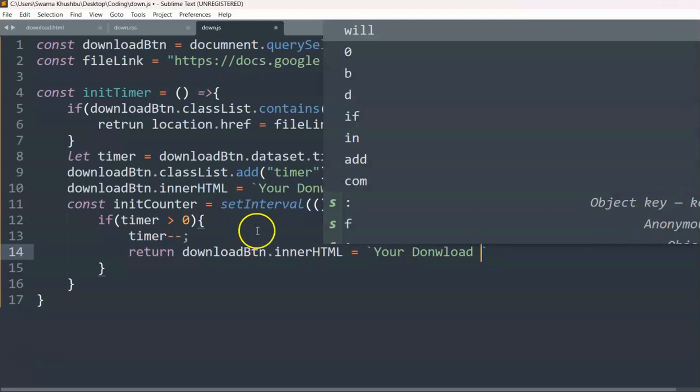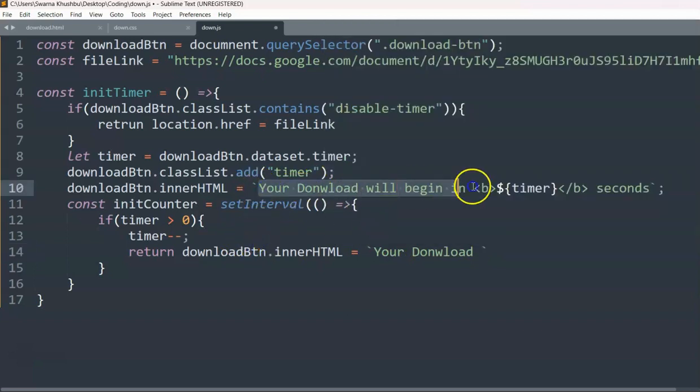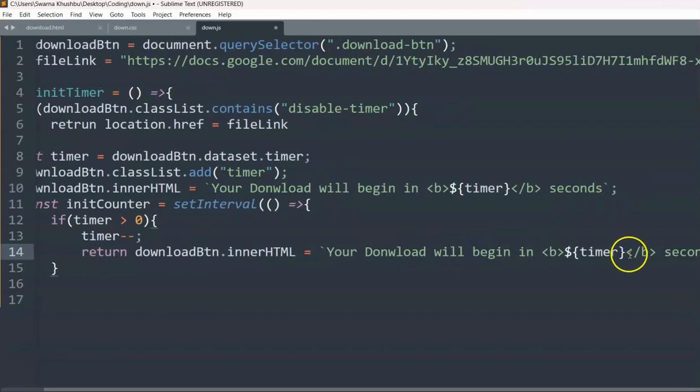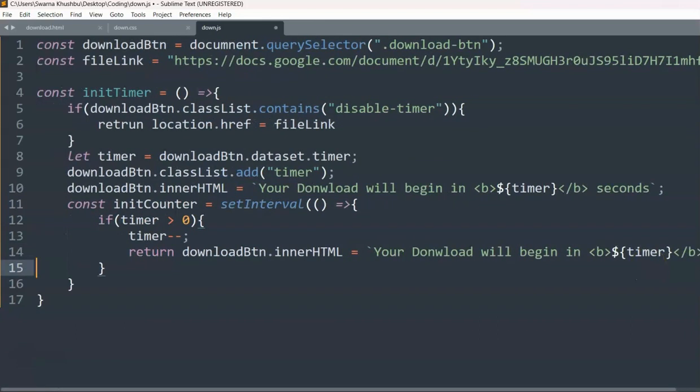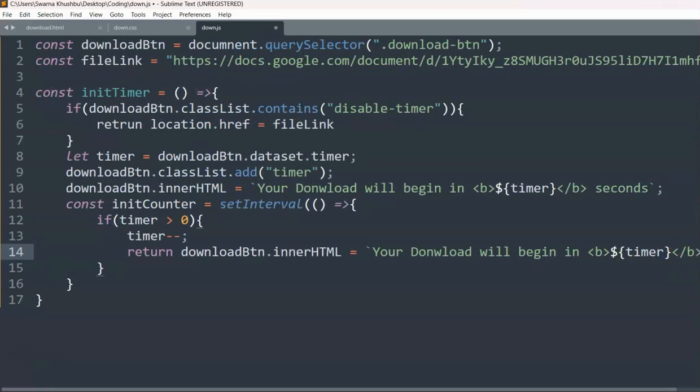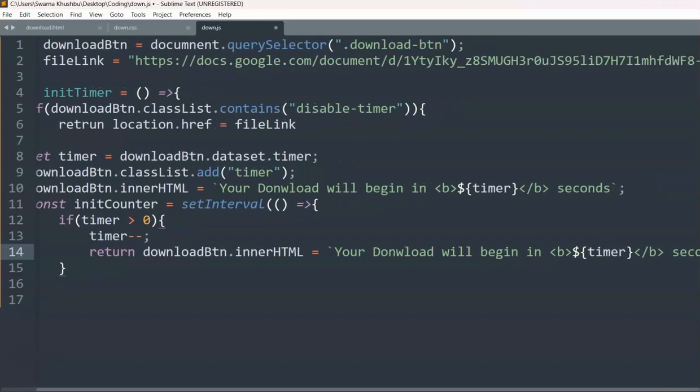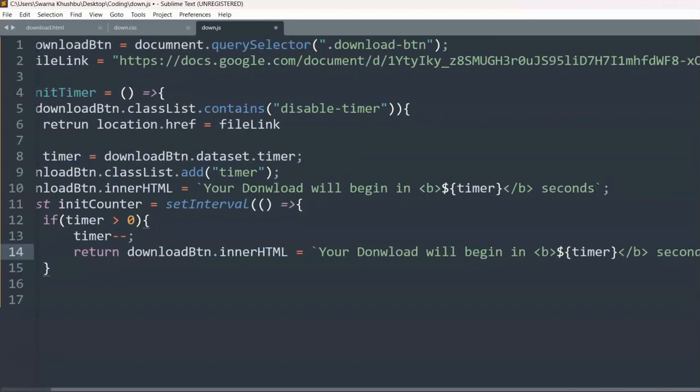Okay, so let me do something. I'll just copy this and paste it over here to make things easier. We have missed a semicolon, so I'll add that semicolon over here. Okay, now let's move to the next line. So here this is the semicolon. Fine, so here in the next line,